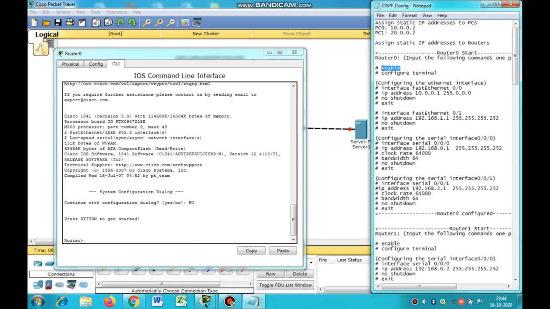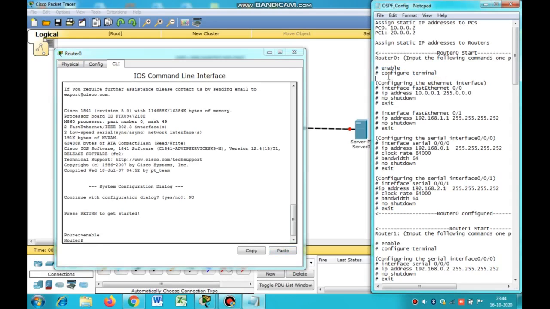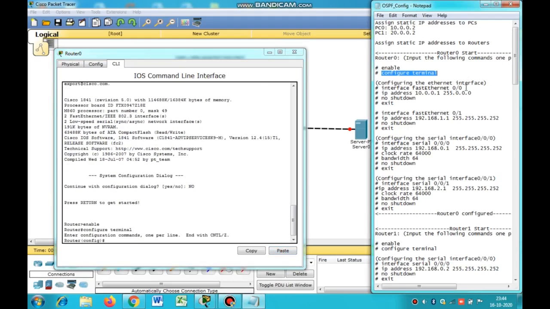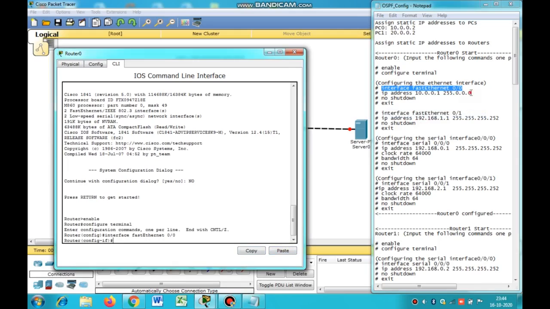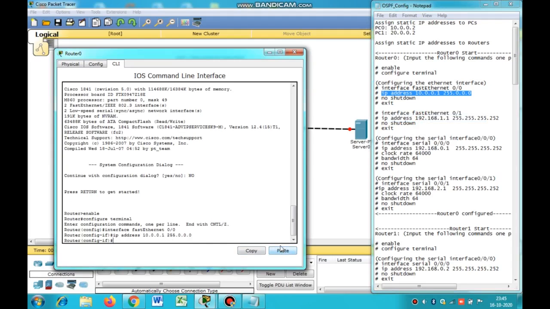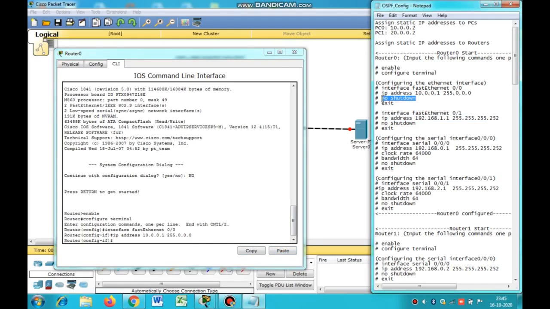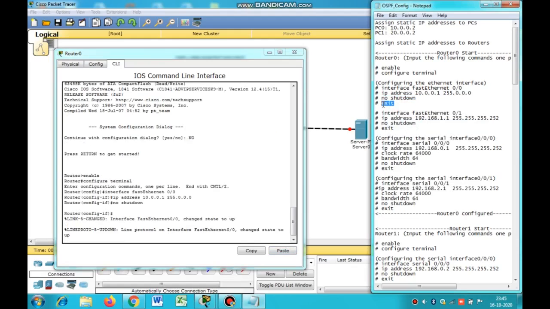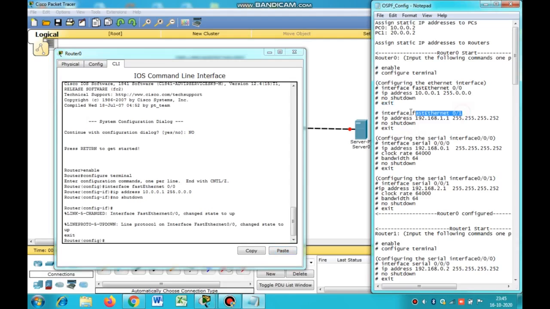And here, first we have to enable it, enter, and then configure terminal, and then interface fast Ethernet, and then IP address, and then no shutdown, and then exit. So we are done with the first part. Now again interface fast Ethernet,